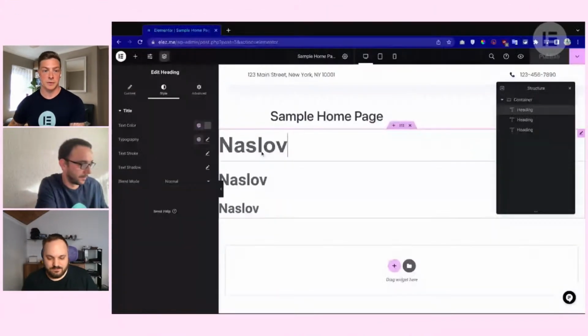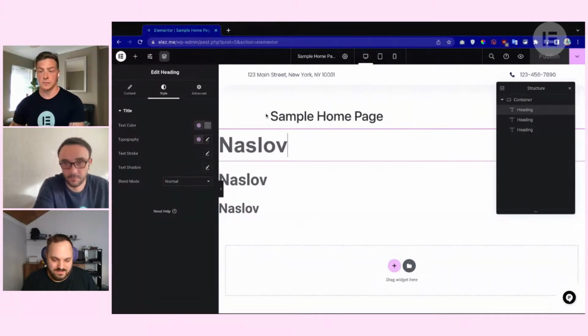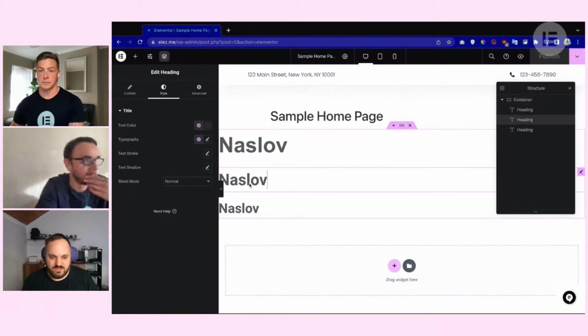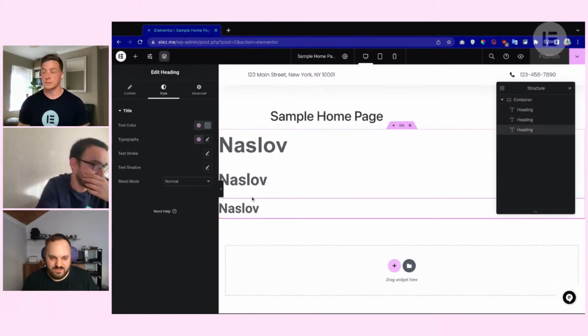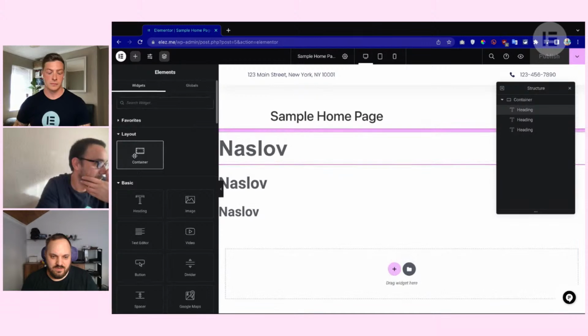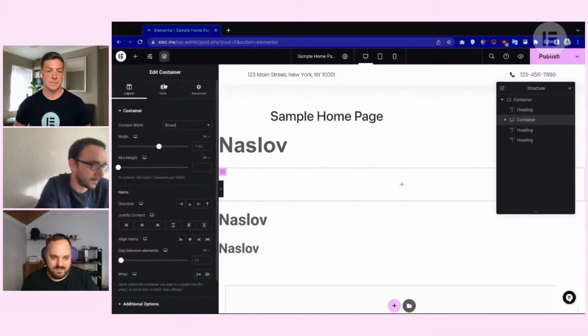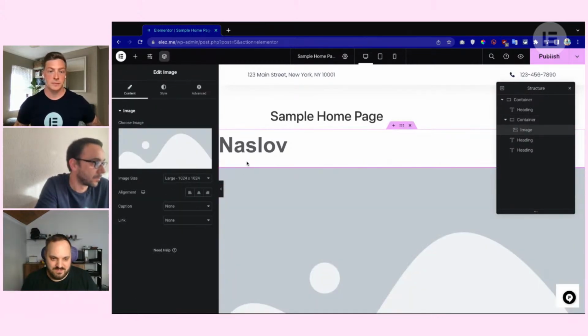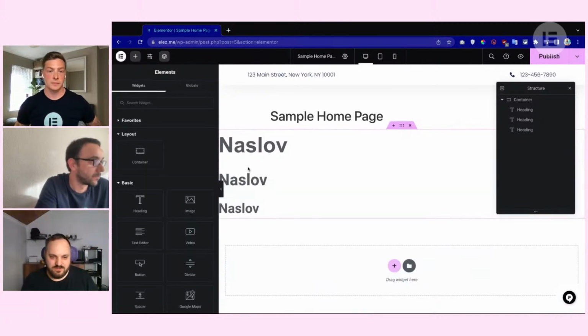Let me share your screen. There we go. Okay. So as you can see here, it says a gap between elements, meaning that these can be widgets or containers. It really doesn't matter. I have 3 widgets, and I have this gap between them, which is 20 pixels by default. I can add an additional container in between, and again, there is the gap. And if I add an image in this container, there's going to be a gap again of 20 pixels between this widget and this container. So in order to set this to a different value and not have to go through every container,